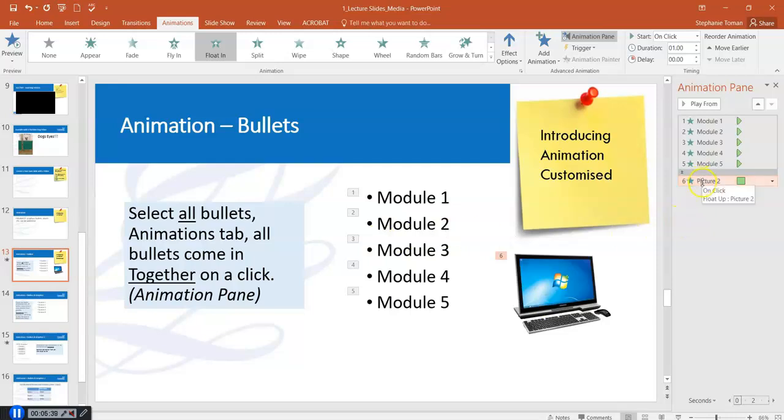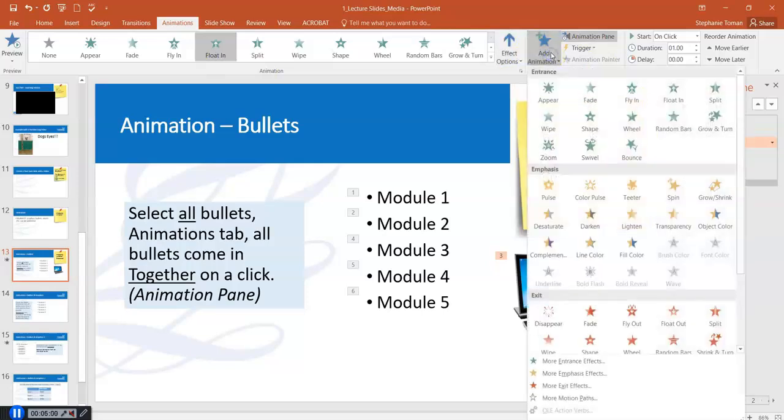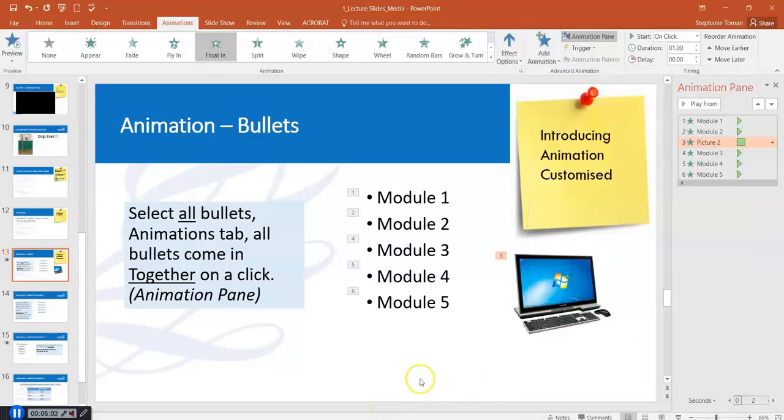So what we can do is click on here and we can move it up, so it becomes after bullet 2. It's now 3. So in the exam they may ask you to do customization with regard to how something's animated. So make sure that you're aware of the animation pane, you're aware of the effect, you're aware of all the other effects, which we'll be looking at in a lot more detail soon,